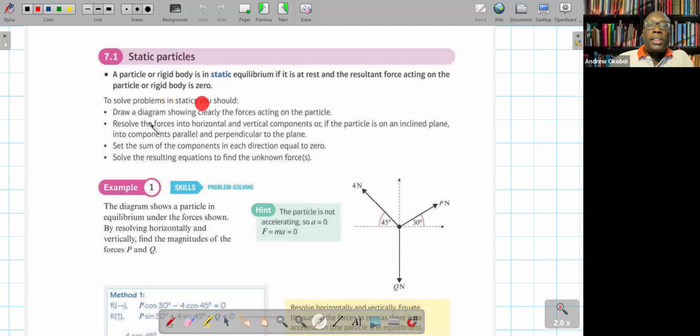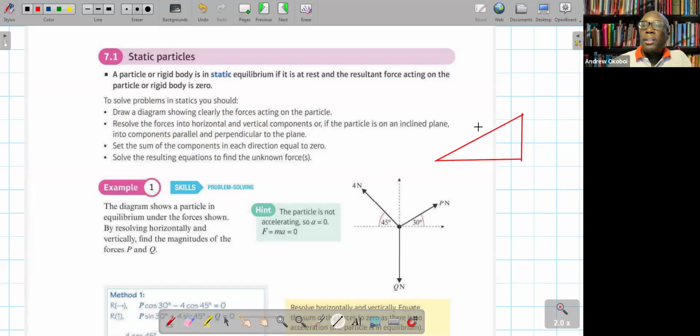So to solve problems in statics, you usually draw a diagram in the same way we've drawn those diagrams, clearly showing all the forces acting on the particle. Usually they will give it to you. You will resolve all those forces into horizontal and vertical components. Or if the particle is on an inclined plane, you resolve them into components that are parallel and perpendicular to the plane. So if I have an object on an inclined plane,